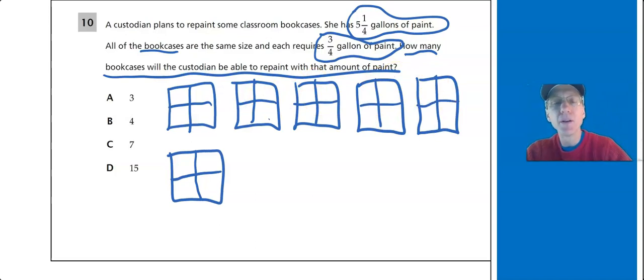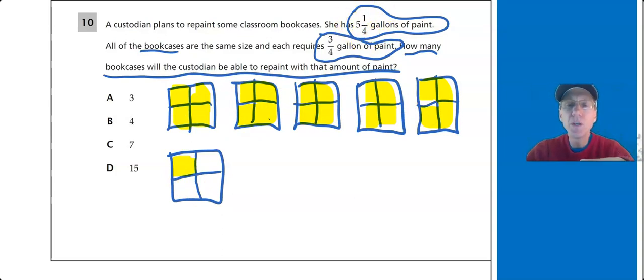Here we go. Here's a gallon, and it's full. Here's a gallon, and it's full. A gallon, 3 gallons, 4 gallons, 5 gallons. Now I have 5 and 1/4 gallons. So see if that makes sense first of all. So I've drawn each one of these gallons. I'm pretending like I can separate them into 4 parts here. I have 1, 2, 3, 4, 5, and 1/4, and that comes from this up here, 5 and 1/4. Okay, so far that's all we're doing.